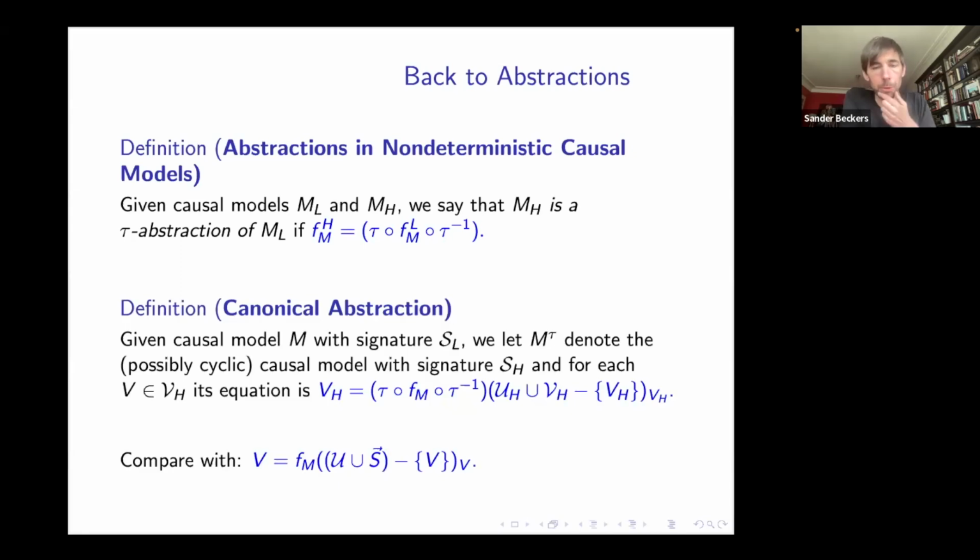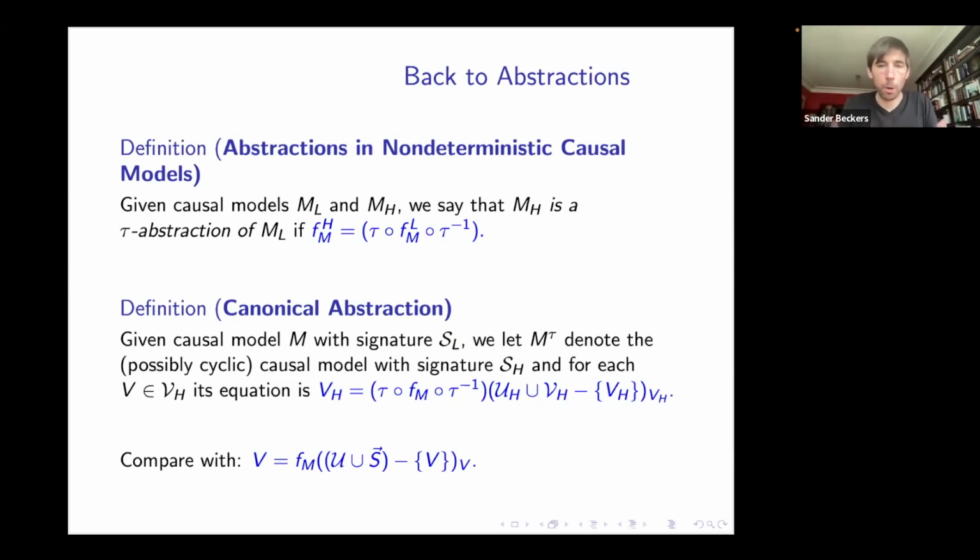And then for the canonical abstraction, I told you that the equation is just going to be such that we're going to restrict the arguments to those that are appropriate. And this is exactly the same idea as I just gave you for weak reduction. The only thing I've done is I've added the function tau as an intermediary. So you might see a weak reduction as simply where tau is the identity function. We're not doing anything with the variables anymore. We're just taking them as are.